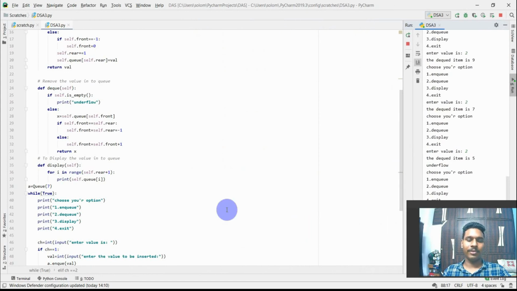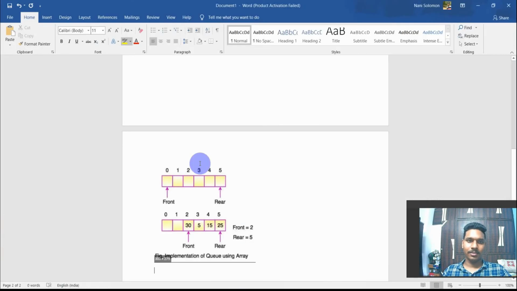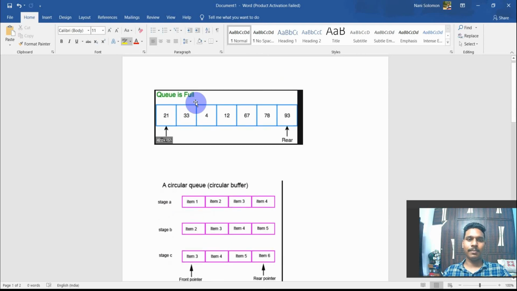We can enter the first element, and the first element will be removed first. As we have a shortcut for stack as first in last out, in the same way we have first in first out. The element which is entered first will be removed first, that is called first in first out. So this is all in this video. This is about queue implementation. I frequently said stack because the last code was stack. Thank you.